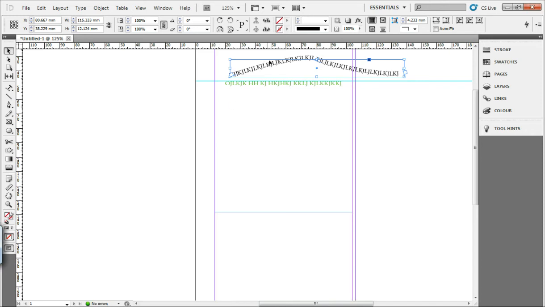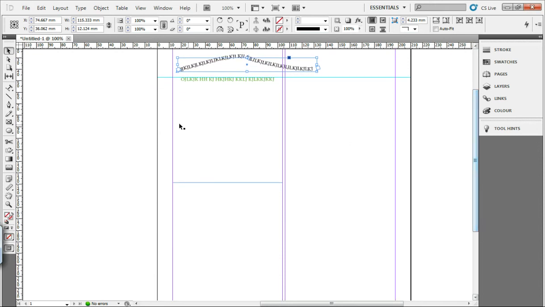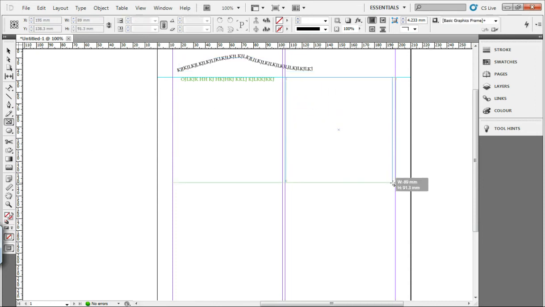Okay, so the next thing to do is adding pictures, and at this point we need to start talking about frames, because this program InDesign uses frames to hold pictures and objects, and that's quite useful for a number of reasons. Let's just have a look. Here's a frame. I can draw a frame by clicking and dragging out, just like the text box. I can click and drag that out,